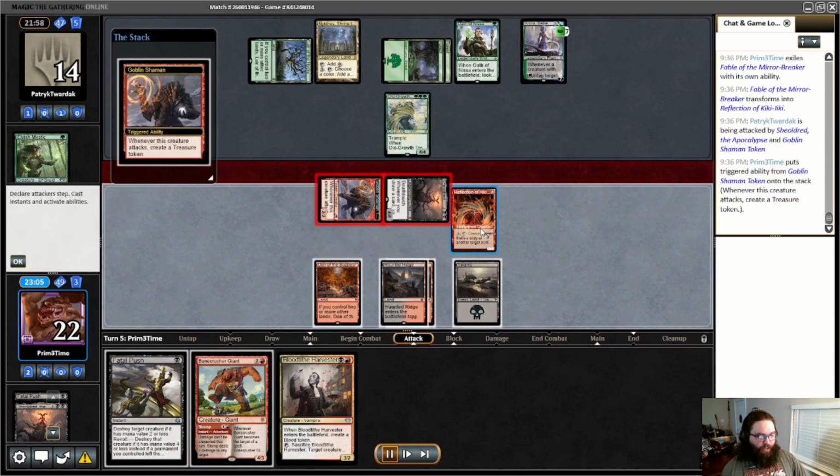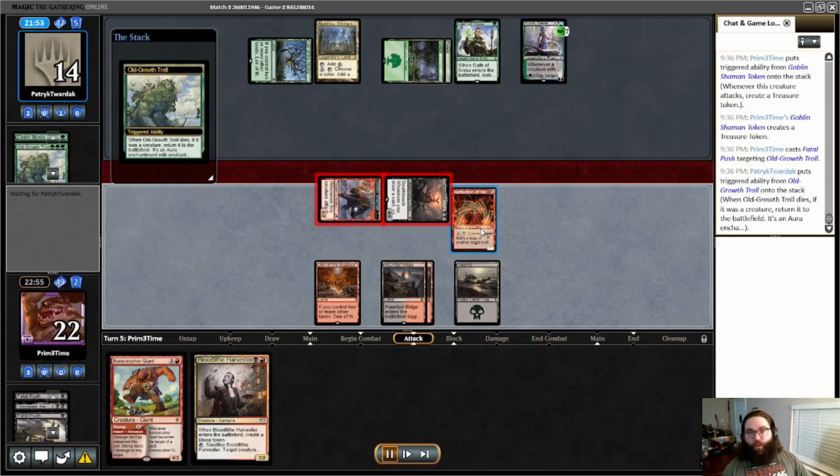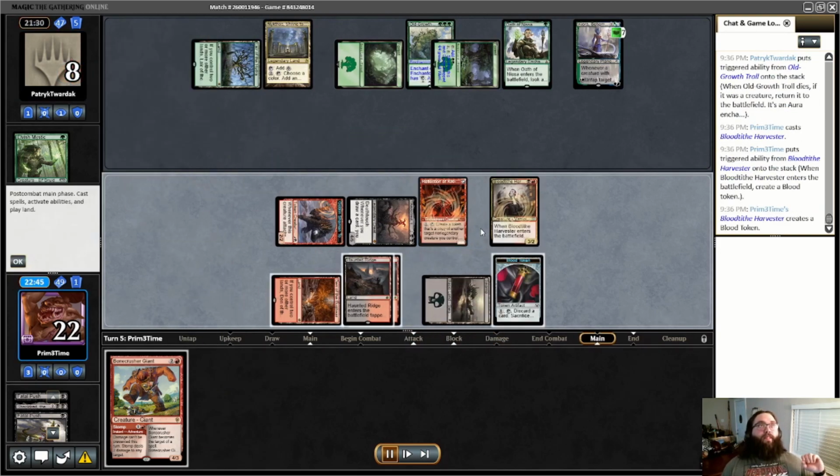But now I have Goblin Shaman and Sheoldred. I'm going to make the treasure here to just Fatal Push the Old Growth Troll. They get to attach it to a land. Good business for them, I guess. But I'm getting in for 6. And then they're going to take 2 every turn. My opponent